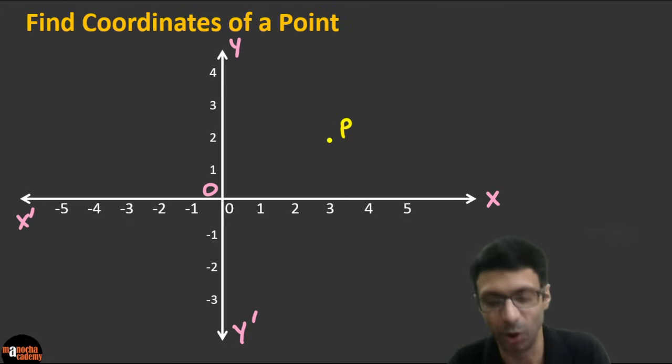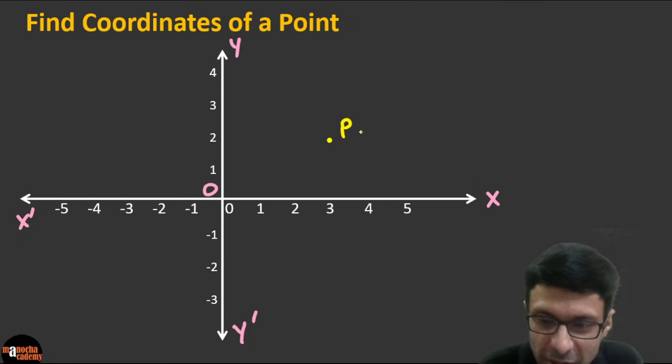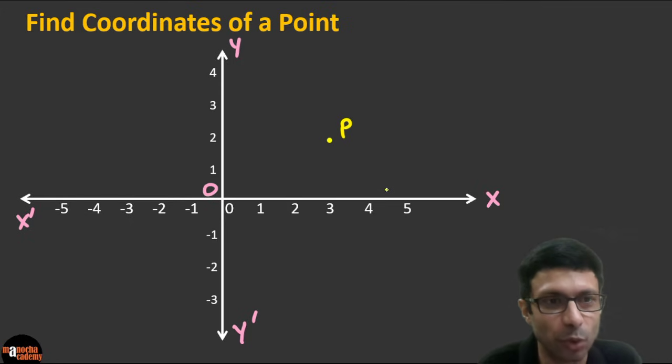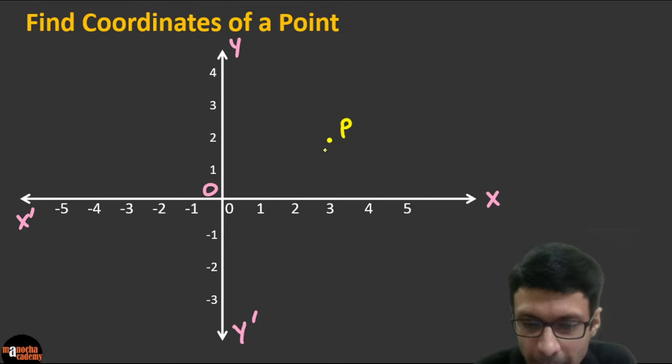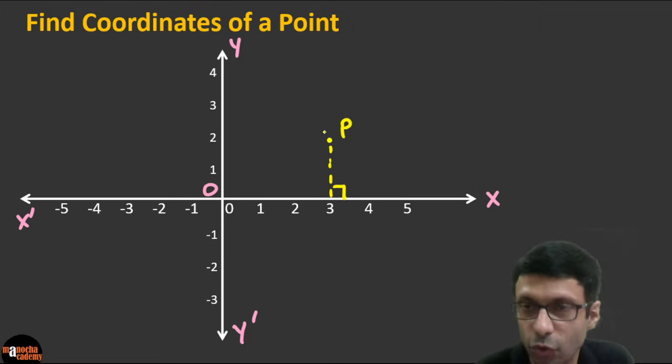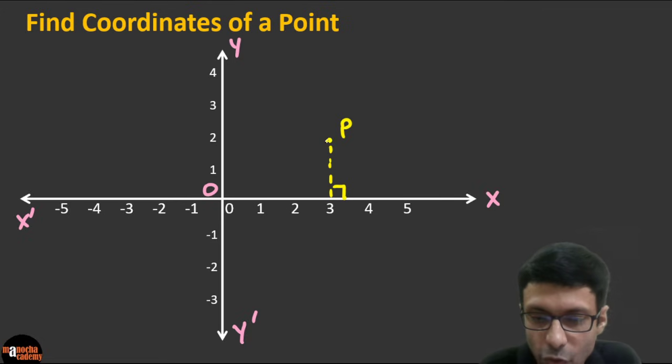Superb, guys. Very good. You guys are awesome. So this is going to be 3, 2. Very good. So how do we work that out? If you have a confusion, I'm going to make it really easy. The trick is, this point is given. You drop a perpendicular, right? So you drop a line onto the x-axis. This is a perpendicular. So you draw a straight line like this,